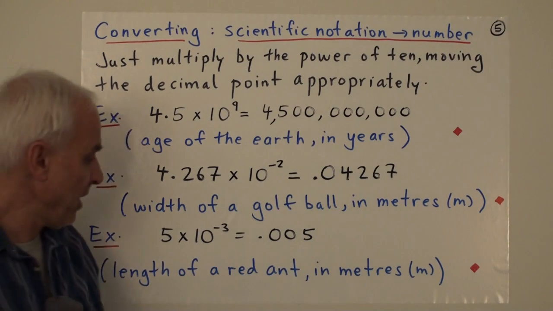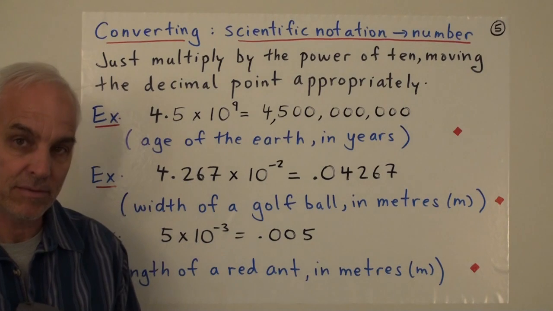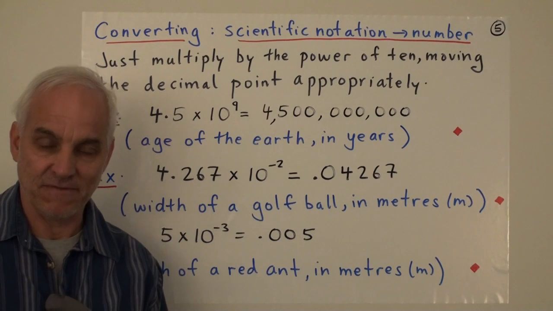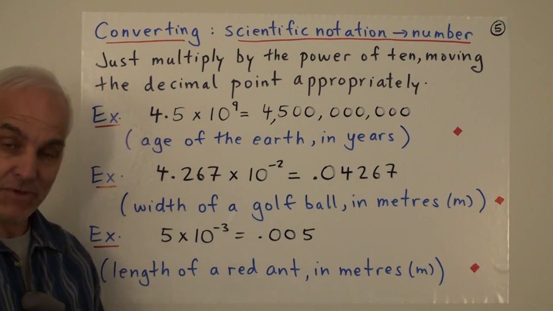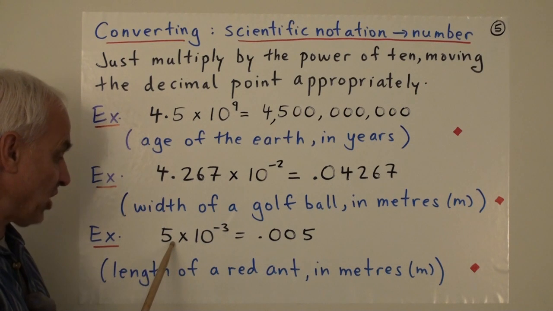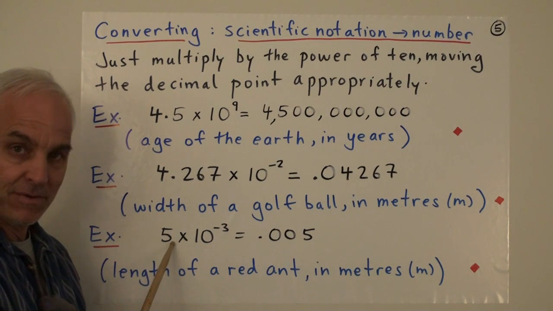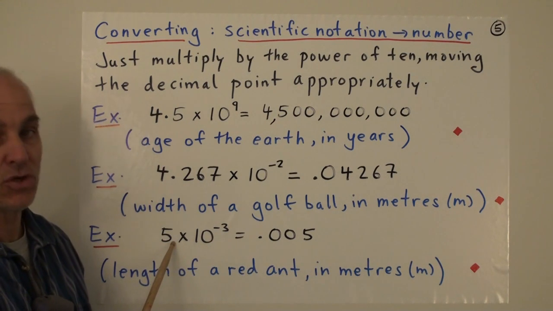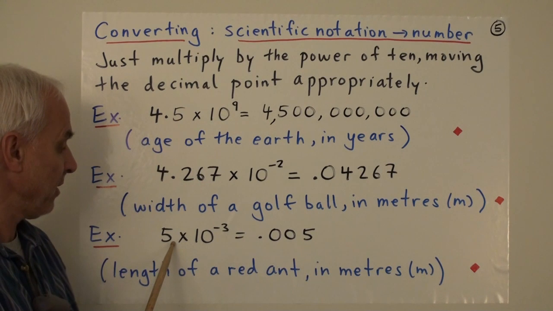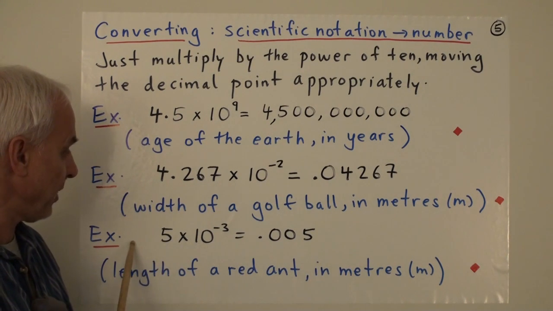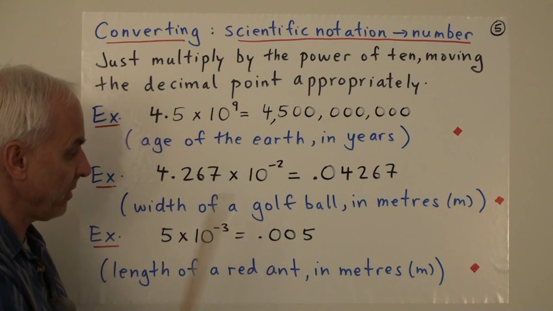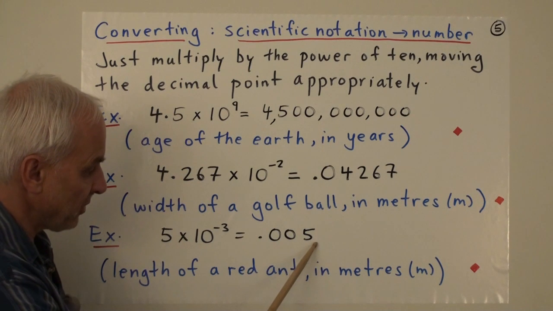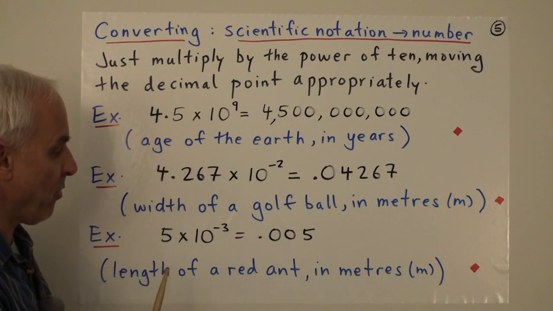Okay, another example. 5 times 10 to the minus 3. Converting that. Well, in this case, there's no decimal point that's visible. But of course, you know that if there's no decimal point shown, it's actually just to the right of the ones place. So multiplying by 10 to the minus 3 means we have to move that decimal point over to the left 3 places. 1, 2, 3. Or over here, 1, 2, 3. So when you're writing it down, you have to write down the 5, and then you have to write down a few zeros so that there's enough to move the decimal point over 3.